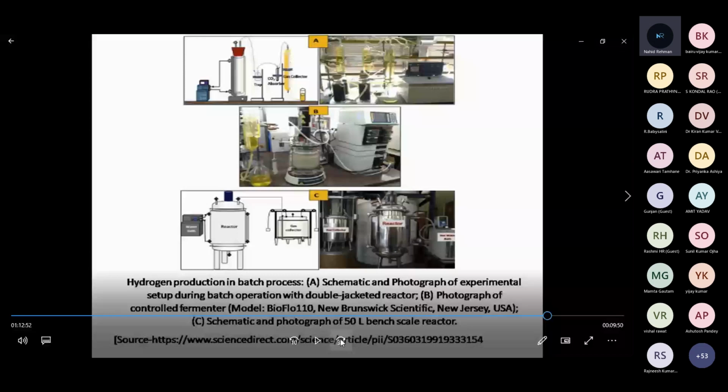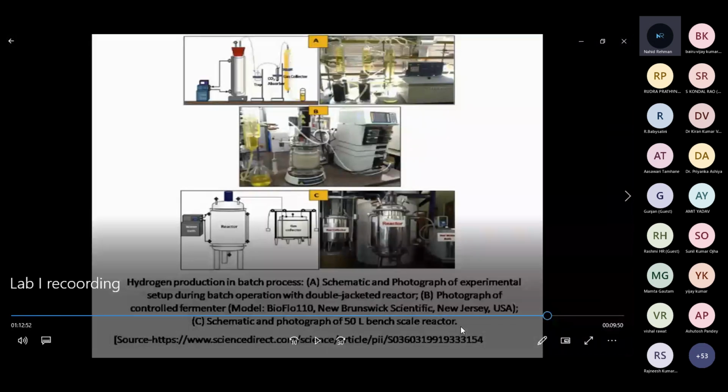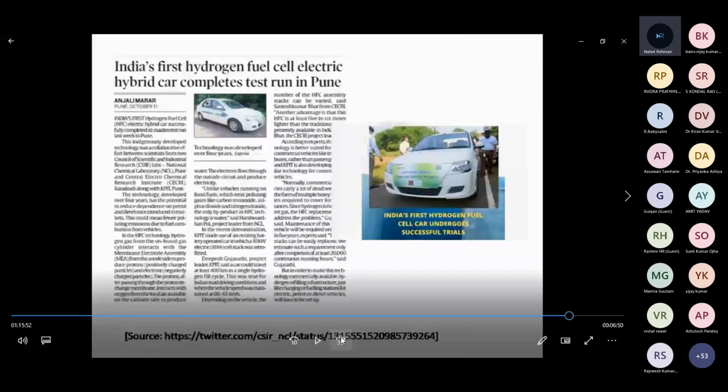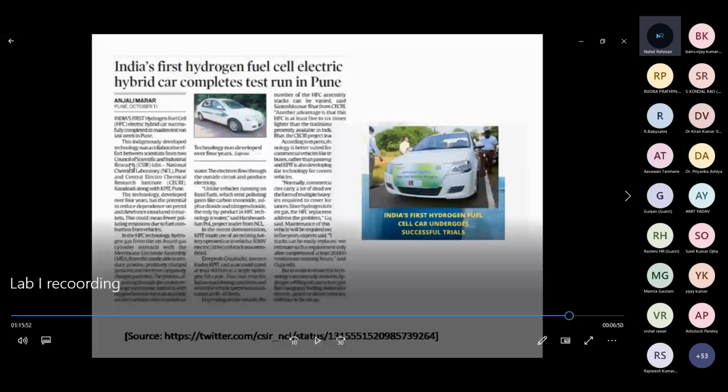We just have to accept it. The government has to accept it so that it can be utilized for a specific purpose, not only for research and development, but also for its use, because many countries have already shown that they are using it successfully on road. In this news you can see that Priya has shared that in Pune, a hydrogen fuel cell operated hybrid car was successfully run,